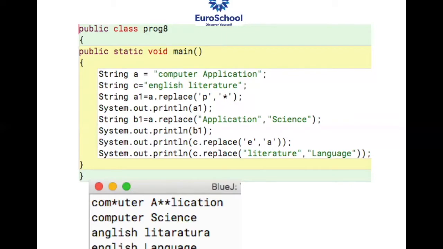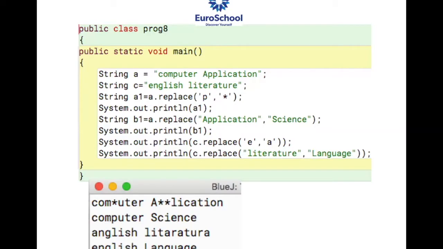Ma'am, one doubt. Nishant, yeah. Ma'am, if E is replacing A, then won't A be replaced by E? No, the first is the original one, which has to be replaced by the second one. If you want A to be changed, then A would be coming first and it would get replaced by E. The first is the original letter, which needs to be changed, by giving a comma and the other letter.